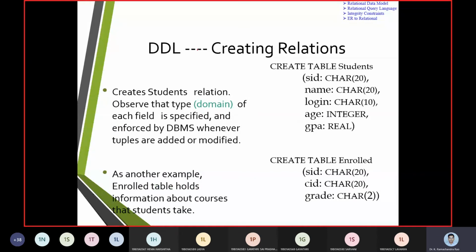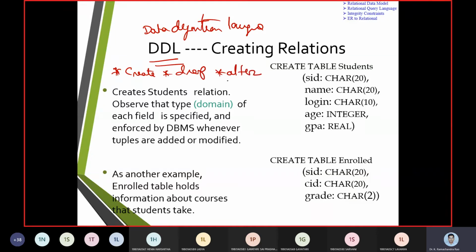So the very first aspect was to talk about the data definition language. When we talk about the data definition language, you can assume that a few commands which fall in it will be creating a table, obviously, and opposite to that, dropping a table. Next we can modify the table construct.